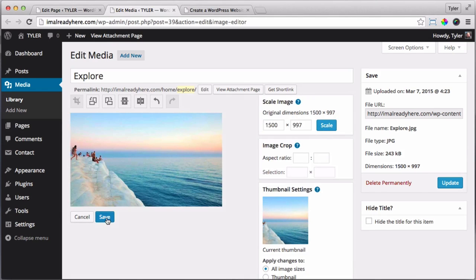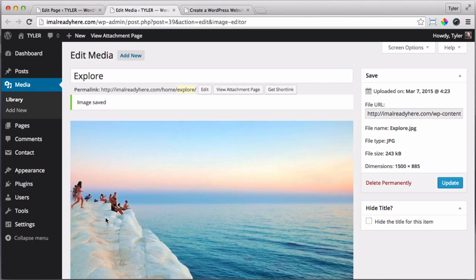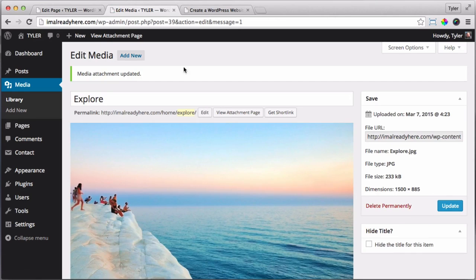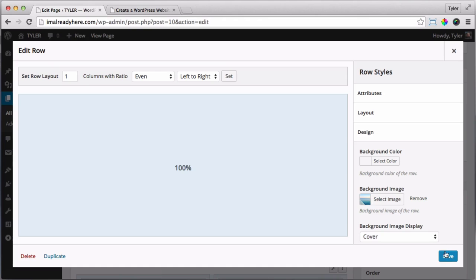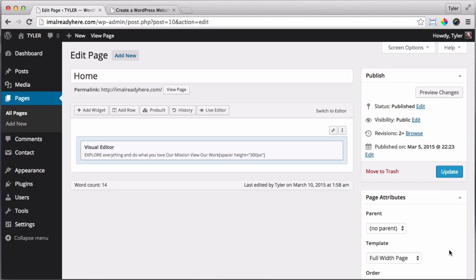Once we do that, we're going to click save, and we're going to click update. Then we can exit out of this tab and press refresh. Then done. Save our page and update